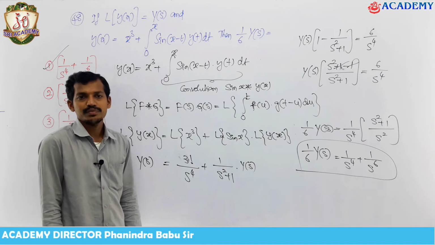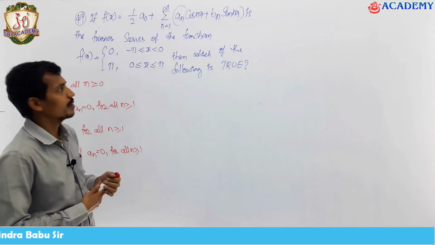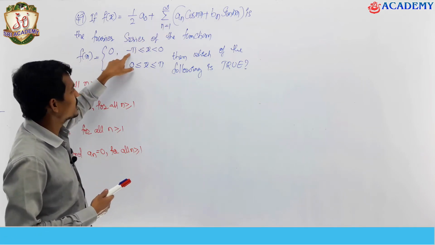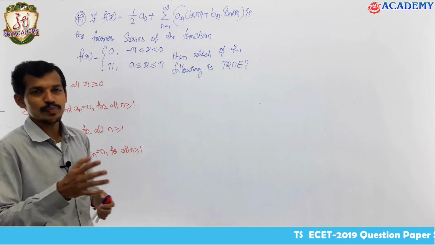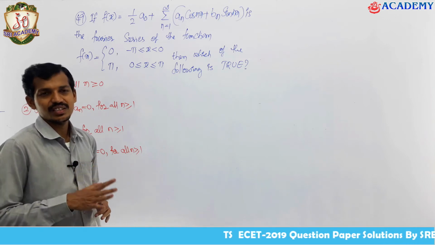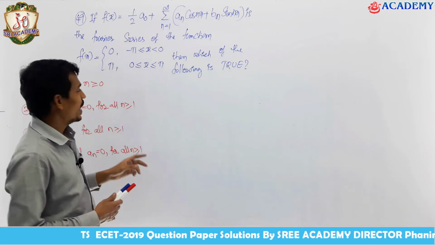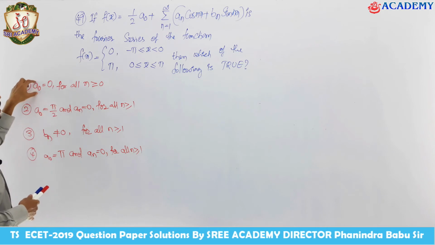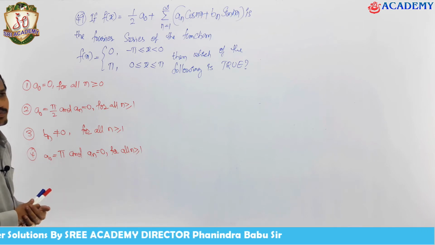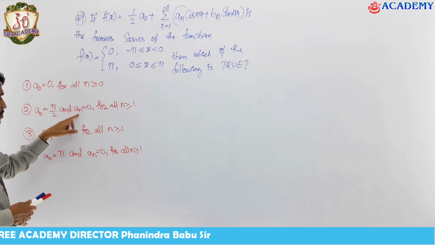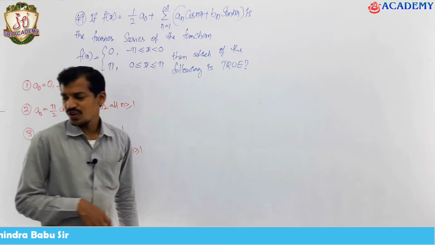Let's see Fourier series problems. Coming to this problem, the given function is a Fourier series, and the function is defined from minus pi to pi. Minus pi to pi means the length of the function is 2 pi. If the Fourier series is defined for the length 2 pi, it is okay. Which of the following is true is being asked, and based on the given Fourier series, the coefficients a0, an and bn are given in some relation. You have to find the coefficients here. If the Fourier series is this one, what are the Fourier coefficients going to be?